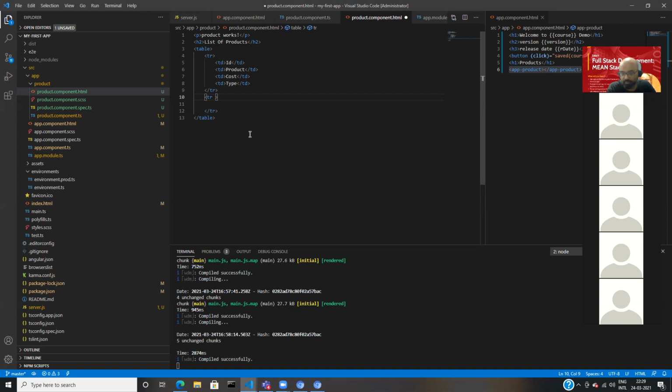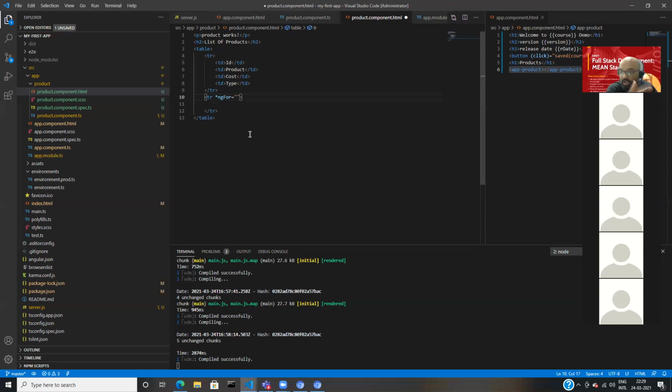We call it a directive. Basically, every directive is having one inbuilt functionality. So we are using one of the directives called ngFor. So this is one directive. When I say directive, it means inbuilt functionality, correct? I can also create my own custom directive, or Angular has given me a list of many directives, correct? But what is a directive? A directive is basically something which has a specific functionality to perform.